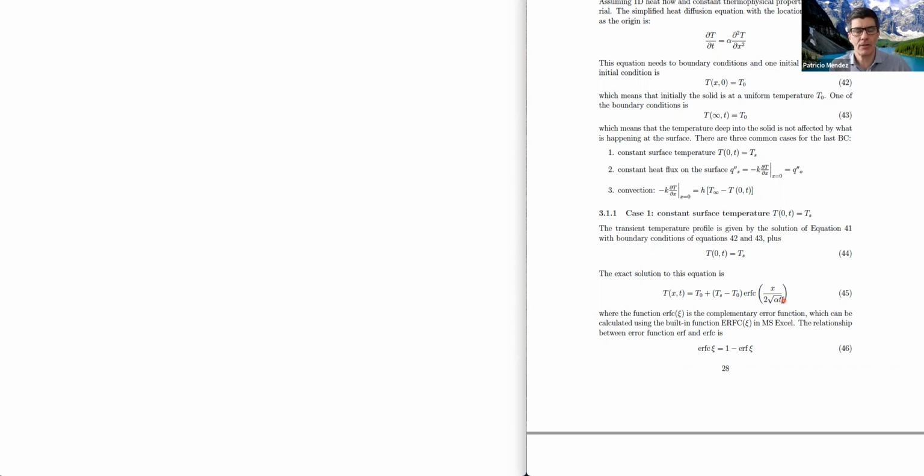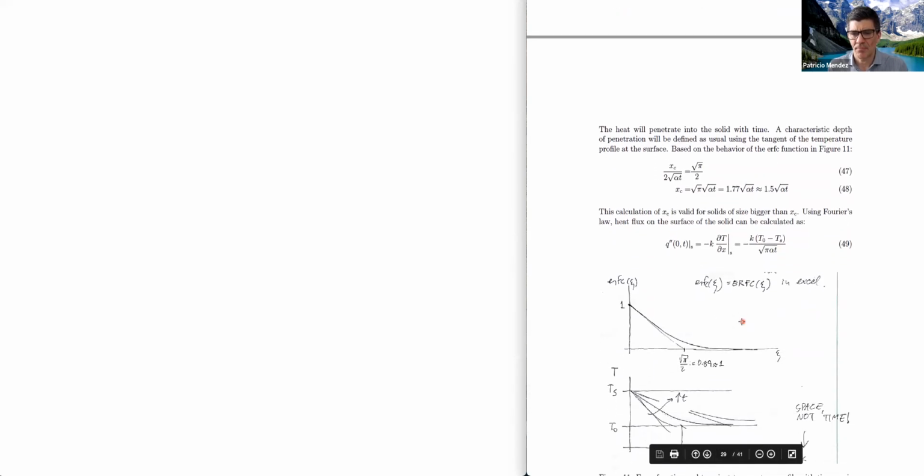As we talk about transient conduction, you're going to see this square root of alpha t appears all the time. So don't do anything in particular right now, but I want to put into your memory that square root of alpha t is the character we're going to see many times coming up in this novel. Okay, and